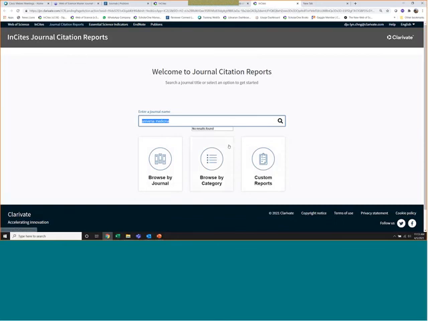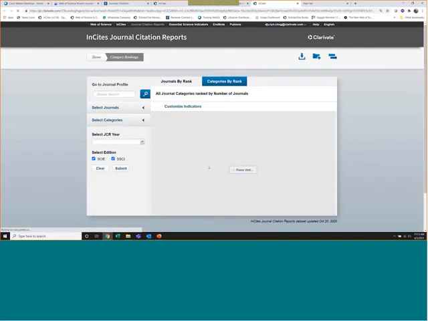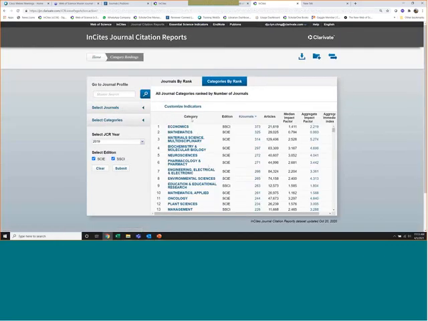Now, if you want to have a quick pool of the titles, just go to Browse by Category so that you can find the journals in your own subject category. You can sort this by alphabetical order.